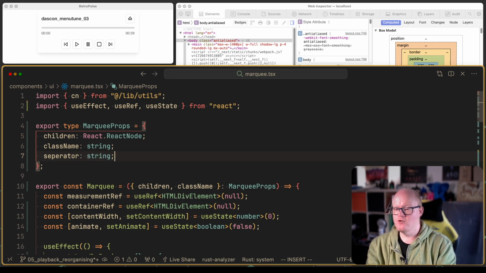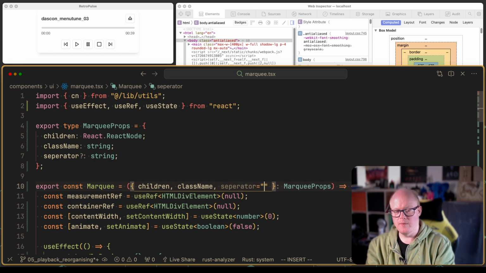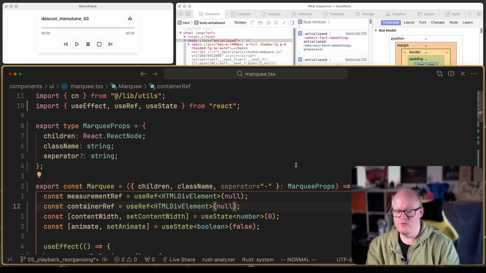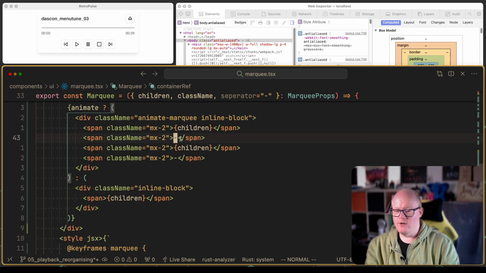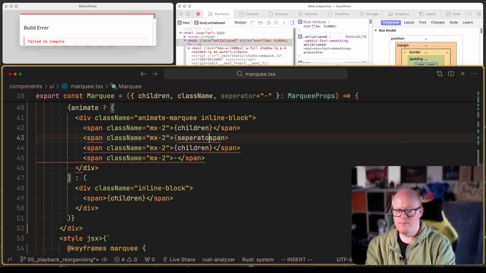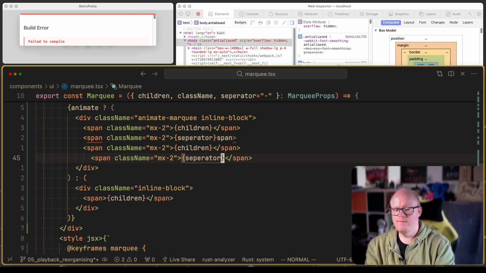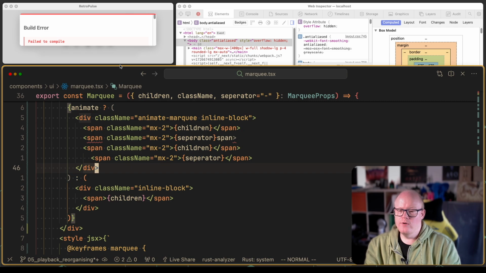Separator string, and I guess we make it optional. And then we will do something like separator, which will by default be a minus. Let's do that. And then we can now simply do something like separator here and here as well. And now it